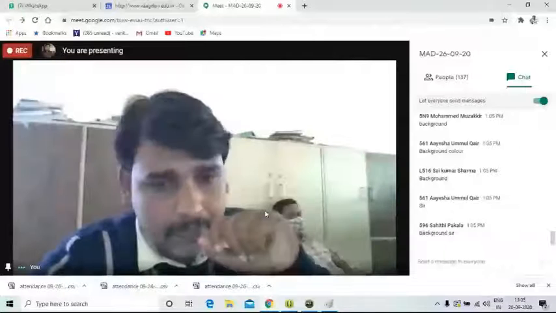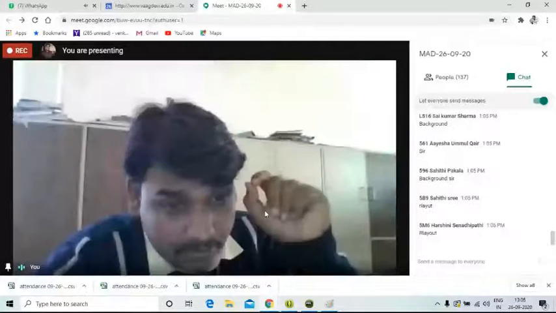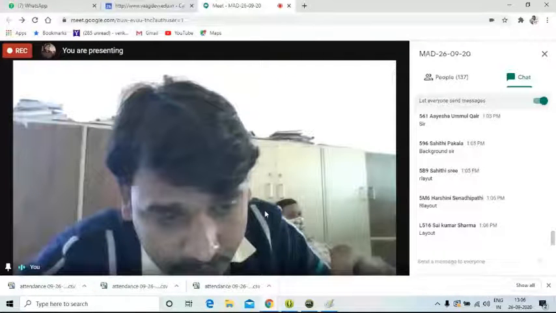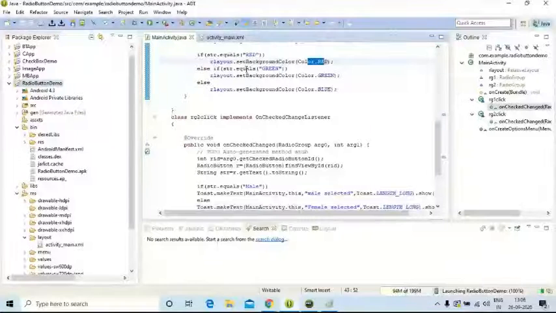Relative layout. Very good, Sahith. Absolutely right. Relative layout. Our reference ID is R layout. Very good. R layout dot set background. Simple code, but very interesting. I just use a simple code, one line. R layout dot set background color of Color.RED. When we click on red color, or when we click on green color, R layout dot set background color blue or green, whatever it may be. This is a very simple statement, but with more meaning.